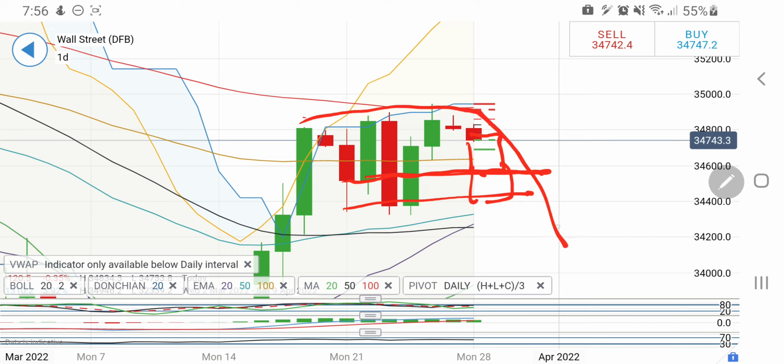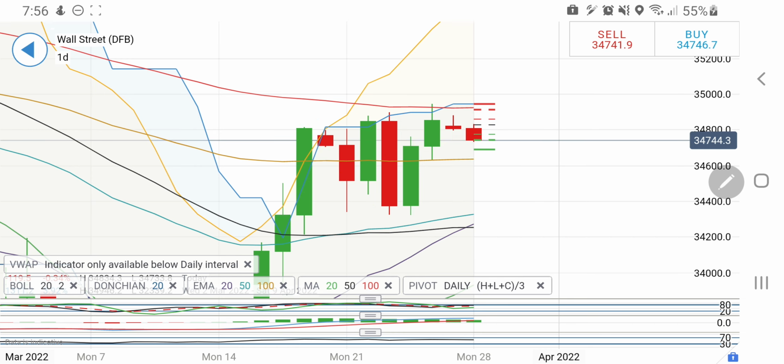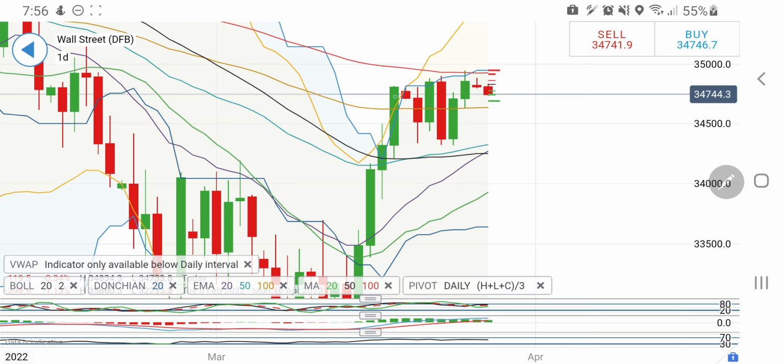See, it is trying to give a drop, it is trying to form a symmetry out there, and possibly it is now trying to give you sharper red candles and the fall, as we have expected. What is the trend out there? This was the bearish trend. Now if you try to put a symmetry out there, you can see one green candle, one red candle, two red candles, two green candles, and then this is the weekend candle.